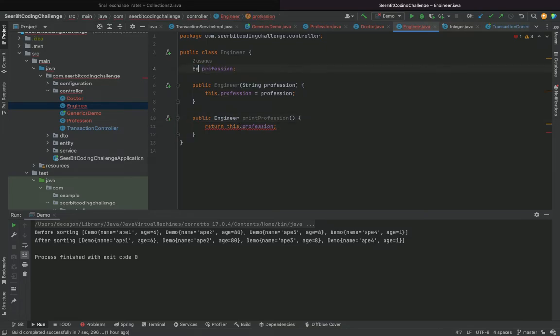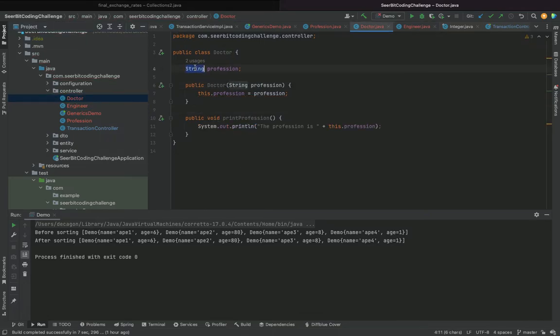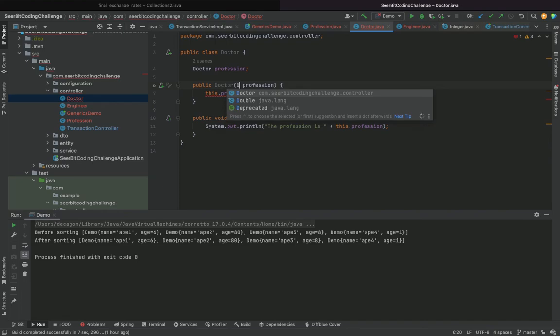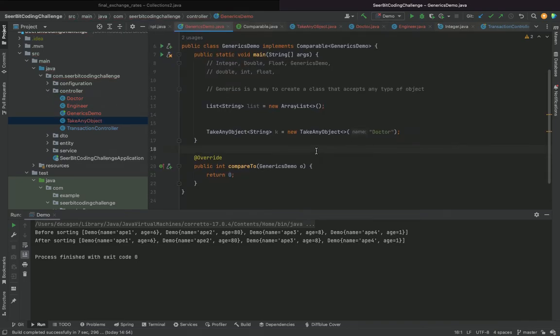Engineer. So this also will be engineer. I'll do a similar thing here. This is going to be of type doctor still, and this one also will be. There's actually more to generics, but you wouldn't need the deeper aspect.